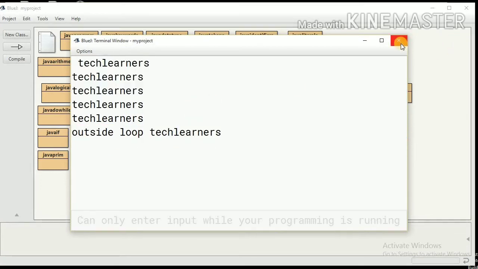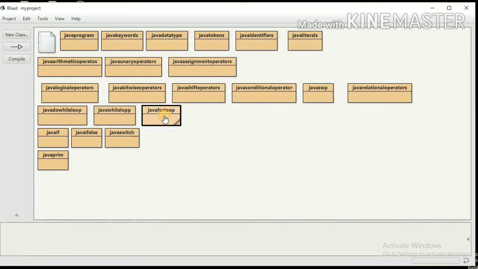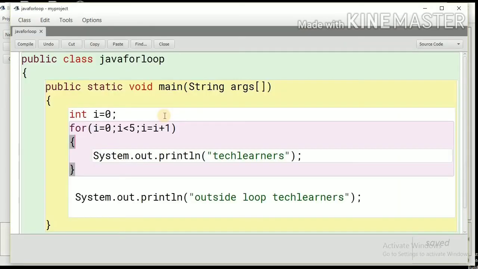In this way we can repeat a single statement or multiple statements more than once. Imagine if we want to print this statement 100 times, this could be very easy. We replace this 5 by 100, as we are beginning from 0, so from 0 to 99, that is 100 times. We can also use the less than or equal to condition here.